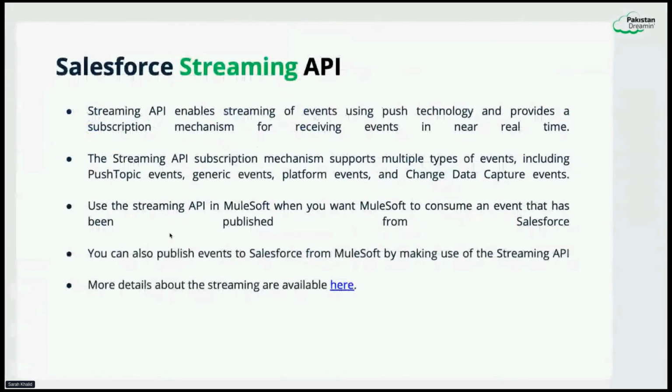Next, we're gonna go into the Salesforce Streaming API. So basically, the Salesforce Streaming API enables the streaming of events using push technology, and it provides a subscription mechanism for receiving events in near real time. So the Streaming API subscription mechanism supports multiple types of events, including push topics, generic events, platform events, and